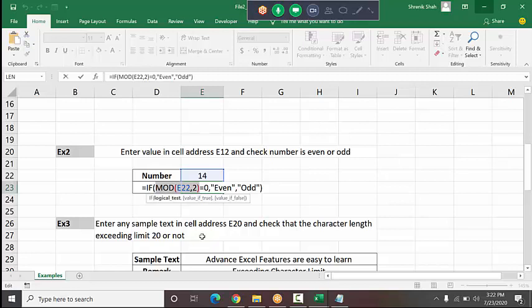While we work with any Excel file, logic is also important: how you sort out the problems. So I am using one logic: if the number divided by 2 gives remainder 0, then it is even. And to find the remainder, I use the function MOD. You also need that function in your routine work.